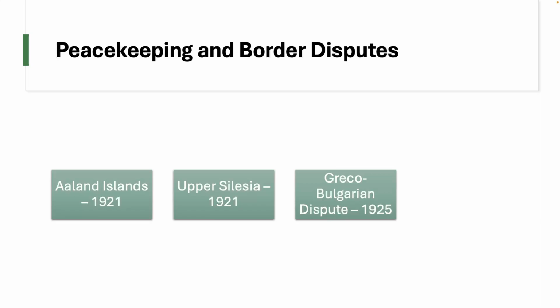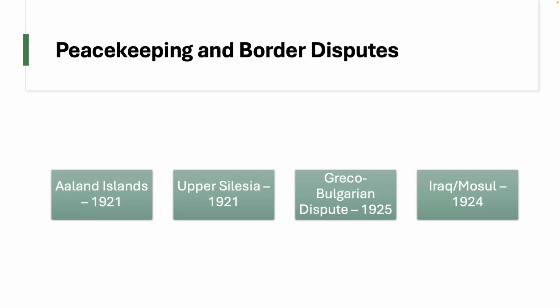A similar kind of withdrawal in terms of claims came in 1924 when Turkey withdrew its claim to Mosul when the League supported Iraq, which was a British mandate at the time. Mosul, of course, is a city in Iraq. Turkey tried to claim that it was theirs, and the British, under the Iraq mandate, believed it was actually part of the mandate for Iraq, and the League supported that decision, and Turkey withdrew its claim as a result in 1924.